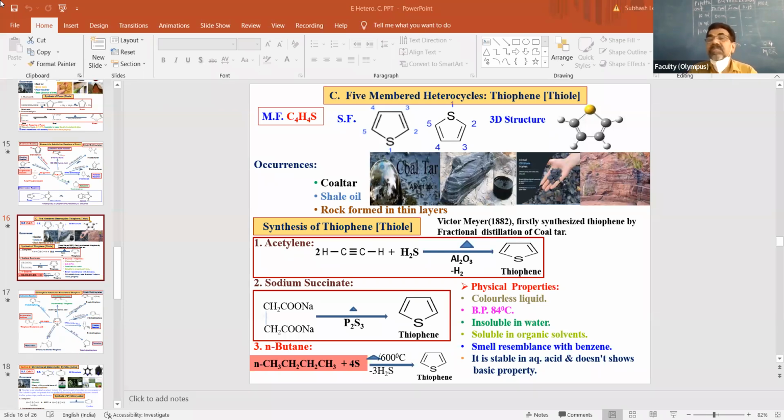This type of question may be asked in the examination. Which of the following heterocyclic compounds shows basic property? They can give the name either as a common name or IUPAC name. They can give azole, oxole, thiole, or none of these. Your answer must be azole. Azole means pyrrole. Pyrrole shows basic property. They can ask reverse questions also. Which of the following compounds does not show basic property? Your answer must be either furan or thiophene or both. You can give the same type of options.